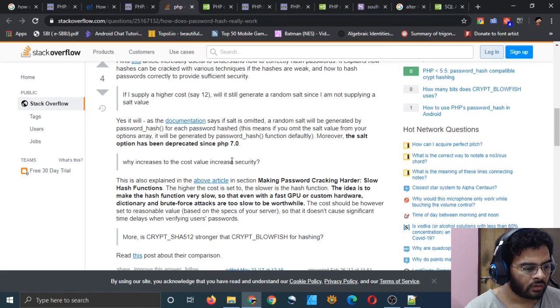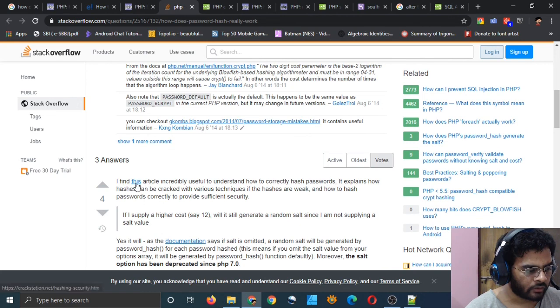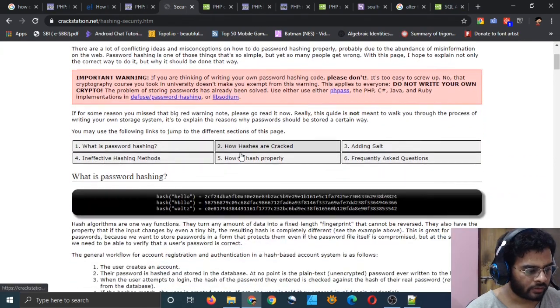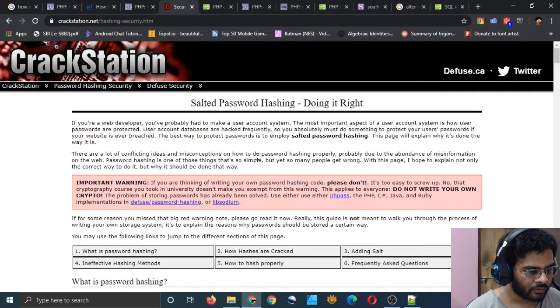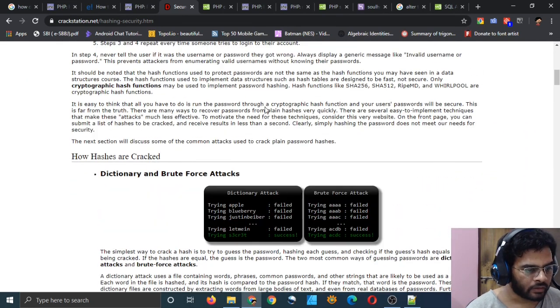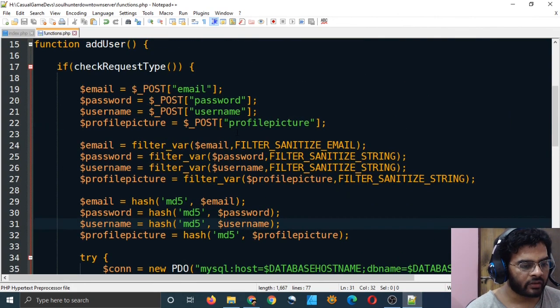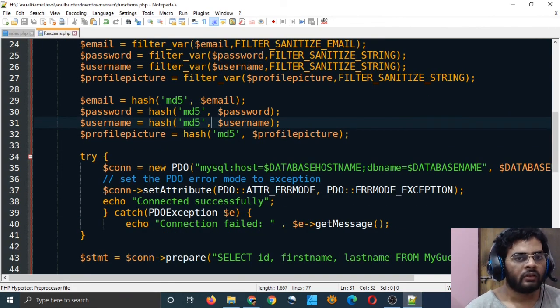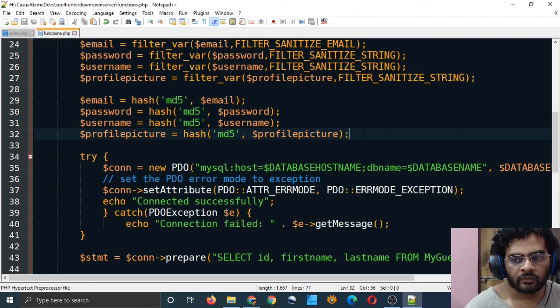That's what this user is saying, and they said this article is good for understanding that. It's kind of long, so I think I will just read it and tell you what it is and how PHP actually does that. They are saying that it generates a random key when it is performing the hash function, right? Maybe it takes the value which I am supplying, generates a key from that value itself, and uses that key to hash it. I think that is what's happening, but I may be wrong. So I will just see that. Don't worry about that too much.